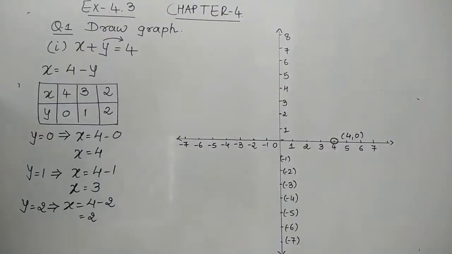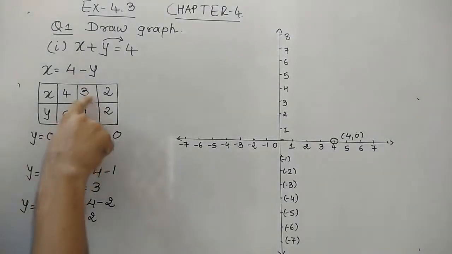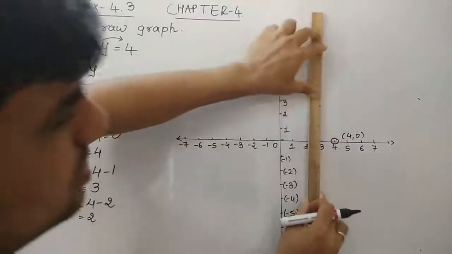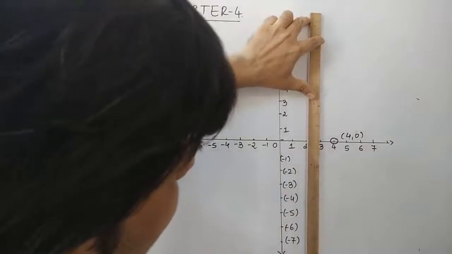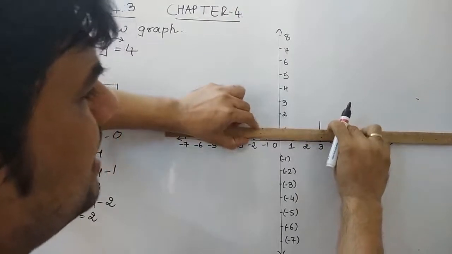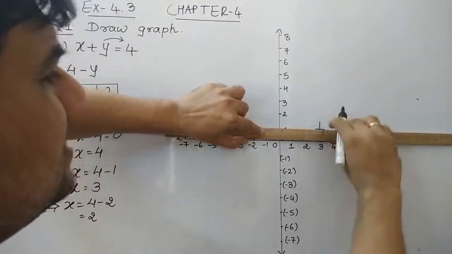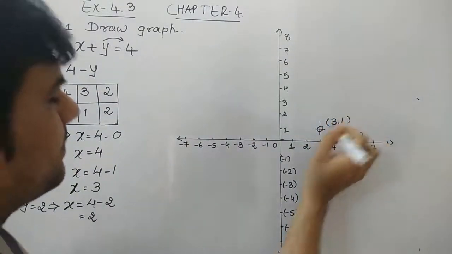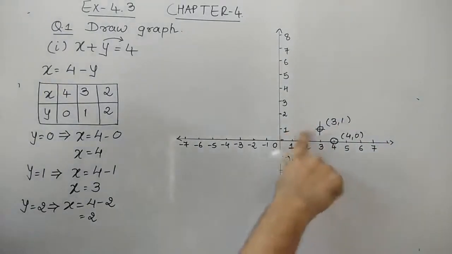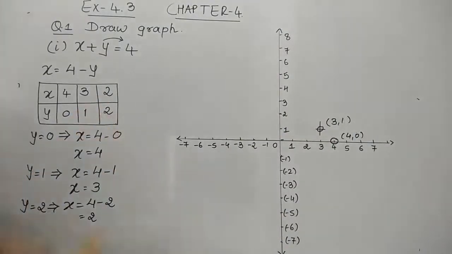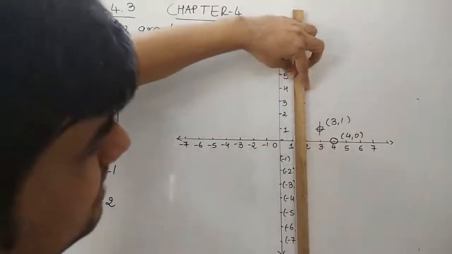Let's go for another solution to represent. 3, 1. When x is 3, y is 1. Now let us see, students, how we can represent this. x is 3 and y is 1. You can see here that x is 3 I have taken. This is the line which is already there in your graph paper. And y is 1. So we can say that 3 and 1 both are intersecting here. So this is the second coordinate, 3, 1. Fine. Let's go for the third one, x 2 as well as y 2. So let us do it again, we have to represent x 2.